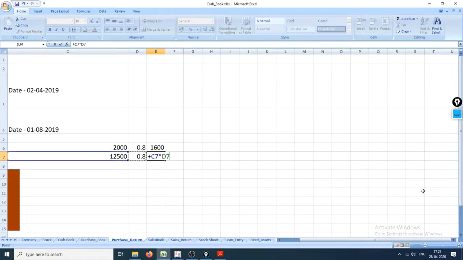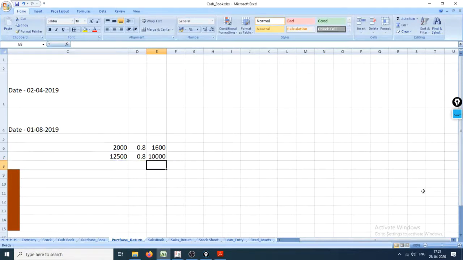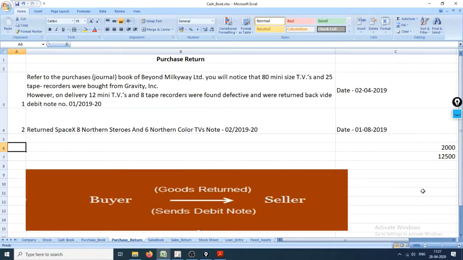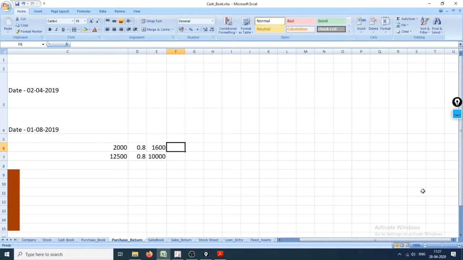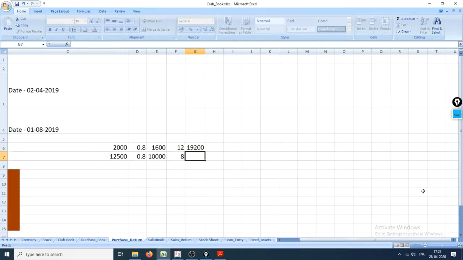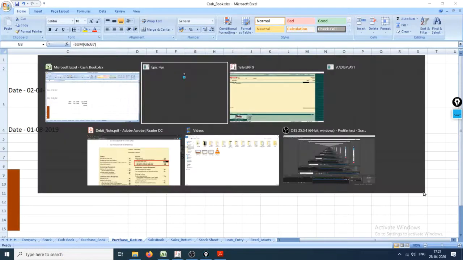If you have any other way you can calculate by that also. Okay, what is the total? 12 and 8, right? 12 and 8, multiply by 12 and then multiply by 8, the total comes to 99,200.